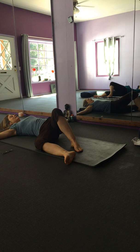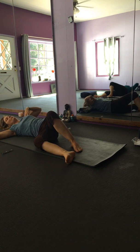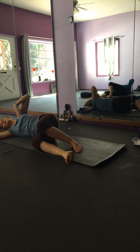And just notice that connection between your arm that is behind you and your opposite hip and torso, that connection. And then let's bend your elbow again. Put your hand on your shoulder and use your belly muscles to roll you back onto your side, sitting in a chair on your side,